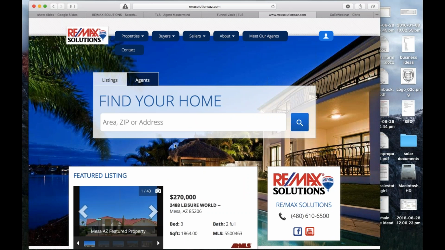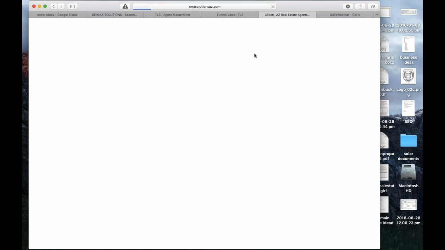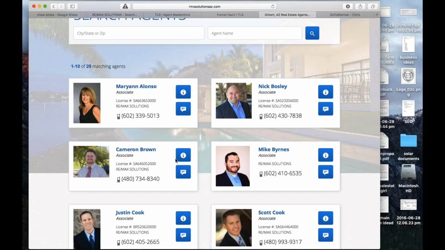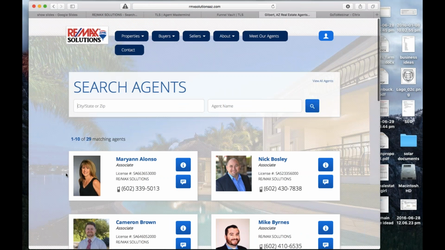One is you don't own this site. Your brokerage does. Someone can get on here and say, okay, I want to meet an agent. How do they know what agent to choose? Maybe your link goes straight to your page with your number. But at the end of the day, the data on the back end of this, in this case Remax, the specific brokerage, they're getting all of the data that comes from this site.